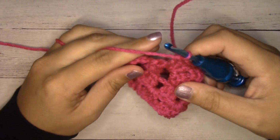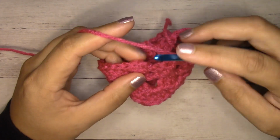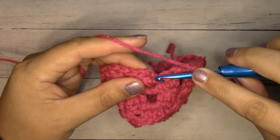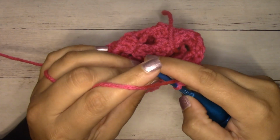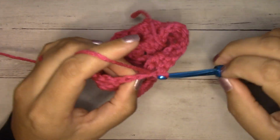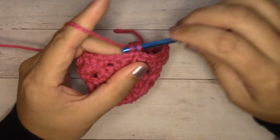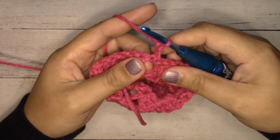There's my last double crochet from the last granny stitch cluster of the round. We're going to slip stitch join to the top chain of the beginning chain 2. So chain 1 on the bottom, chain 2 on the top, insert right into the center of it, and then slip stitch join. And then to begin again, chain 2, turn, 2 double crochets into that space right underneath where you are,